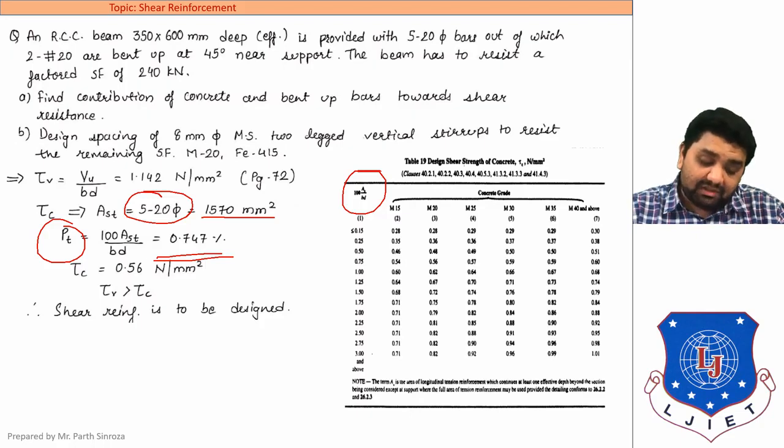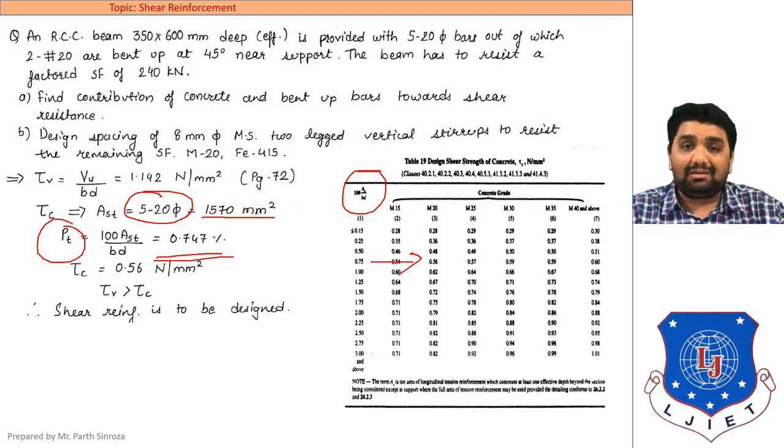Clear? Now 0.747 here, if you interpolate it, it will be rounded off to 0.75. So in this case, if you interpolate, then also we will be getting the same answer. If you don't interpolate, then also we will be getting the same answer, as the value comes out to be 0.747. If you round it off to 2 decimal points, it will be 0.75, and the 0.75 value can be obtained from your table directly. So in this case there is no need to interpolate. Interpolation is required only when the decimal values up to 2 places are not provided in this first column. Clear? So we'll be taking tau c as 0.56.